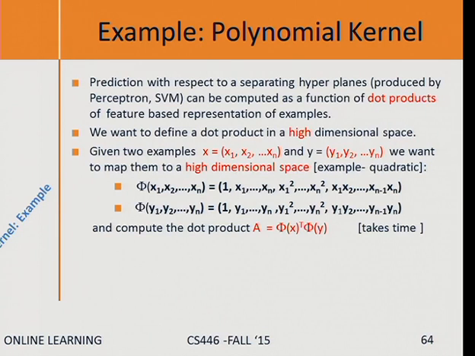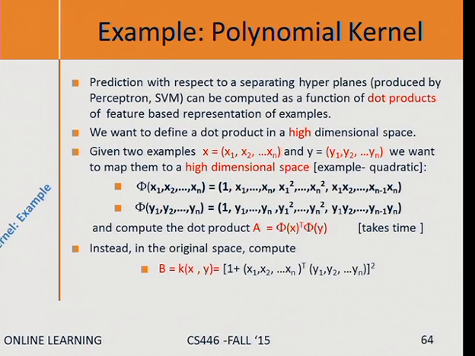Now, one option, as I said, is to compute this dot product. If I can compute this dot product, I can learn linear separators in this new space. But this is going to cost me something that is like n squared. Instead, I'm arguing that I can work in the original space. In this case, this is how I'm going to work in the original space. I'm going to just compute the dot product of x and y, add 1, and square it. Much cheaper, right? So this is an n-dimensional thing. This is an n-square dimensional thing.